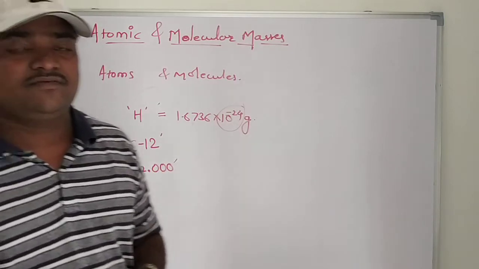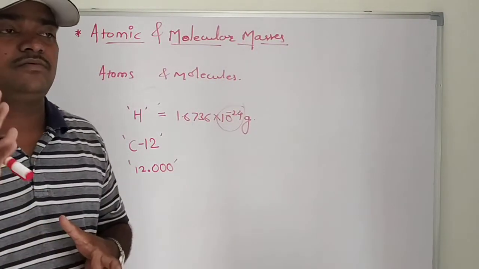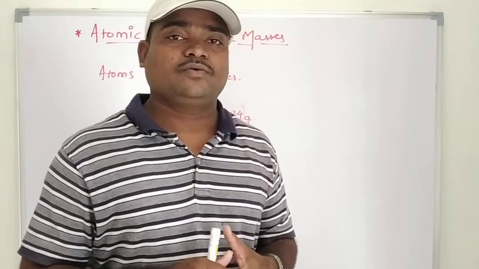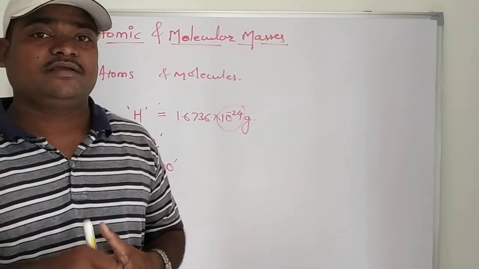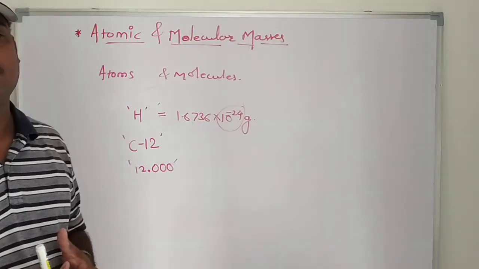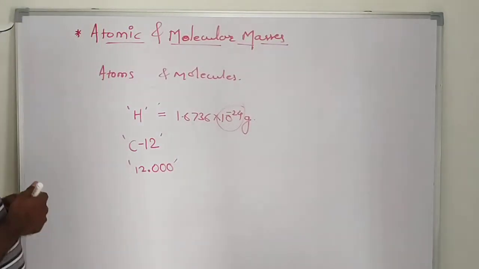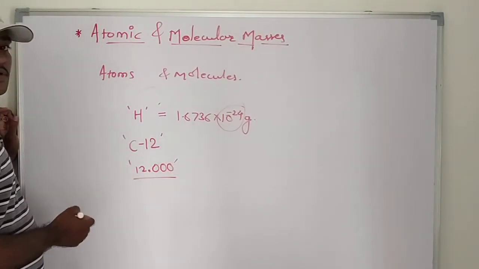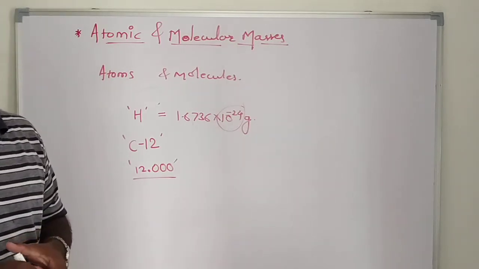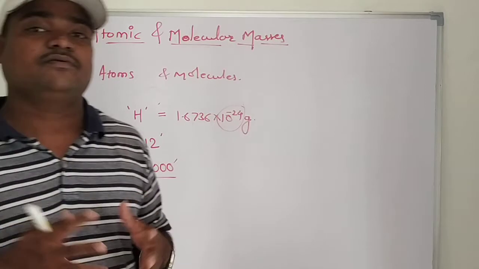Instead of carbon, if you want to calculate the atomic weight of sodium, then it is 22 point something, which is very near to 23. And for other elements, the values will not be accurate like this, but only near about values. So to avoid that confusion, C12 is chosen as an internal standard for the measurement of other weights.